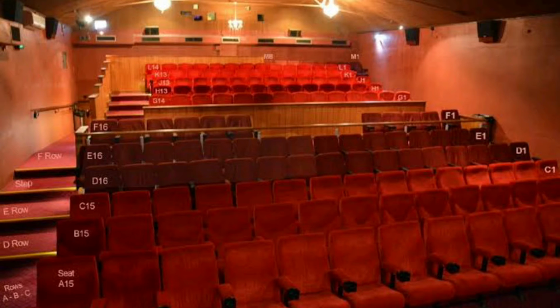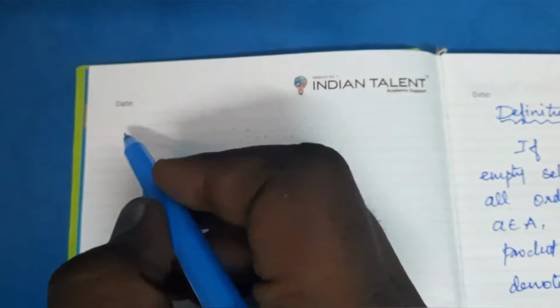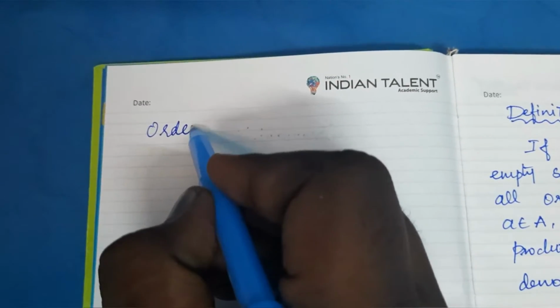Good morning, children. Today we are going to see sets, relations, and functions. In theater seats and online bookings, you may notice the numbers on the seats. They will allocate the seat number like J15, A12, A3, B12. They are called a set of ordered pairs. How do we denote them? See, children. Now we see what an ordered pair is.